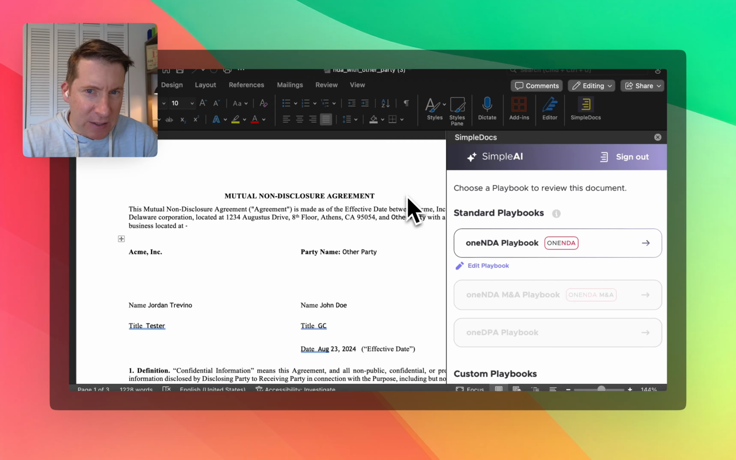I have my SimpleDocs Word add-in downloaded. I have a non-disclosure agreement up on the screen. SimpleAI is open. My playbook is ready to go. For orientation purposes,